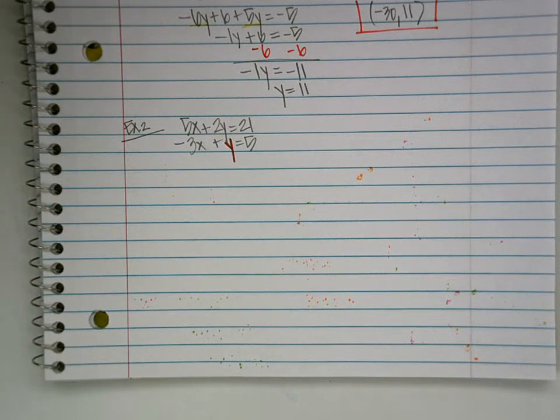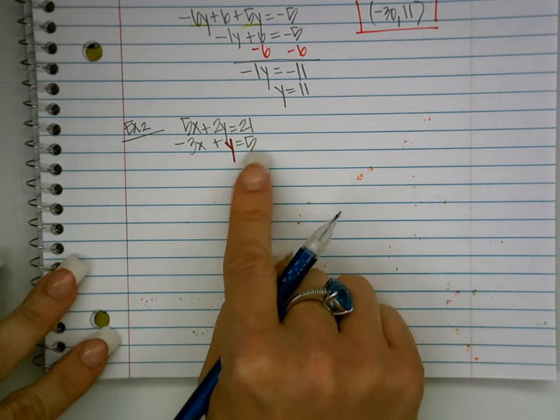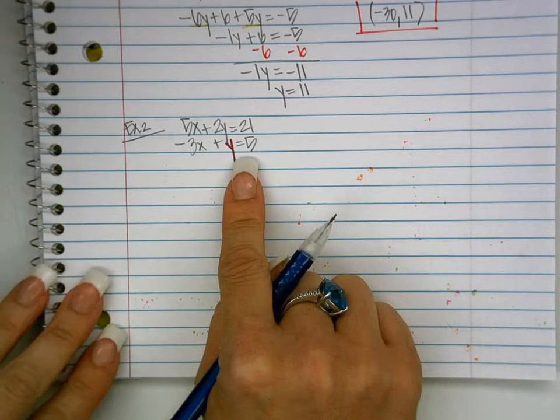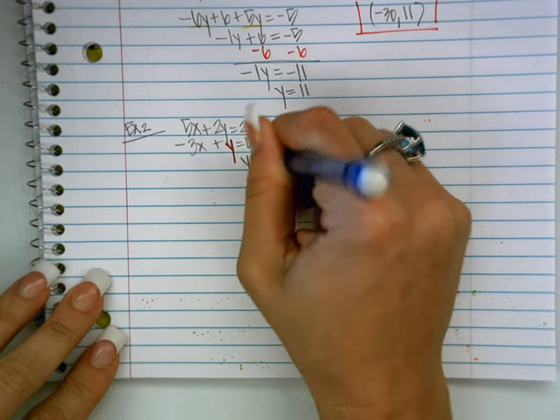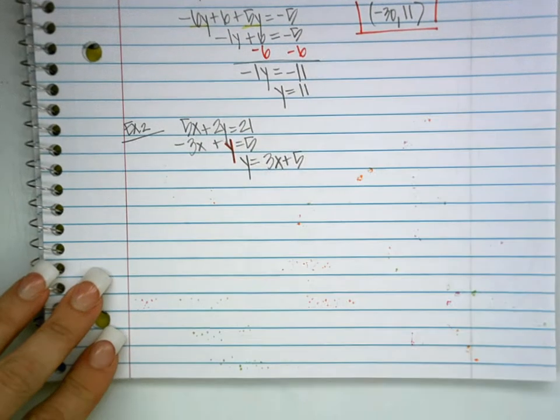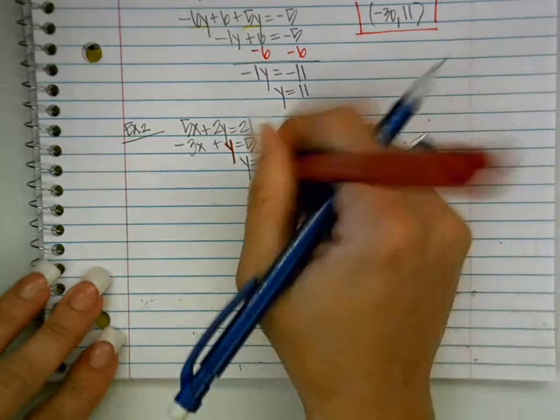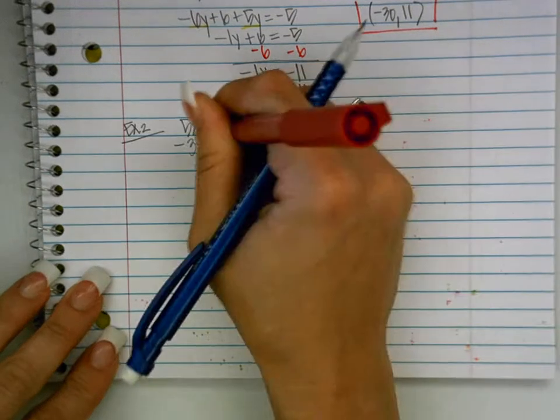Okay, you're thinking the addition method. We're not to that one yet. So substitution method is get y all by itself first. So move over the 3x, and you would get y equals positive 3x plus 5. Then we want to take this, and we're going to plug in 3x plus 5 into the other equation,